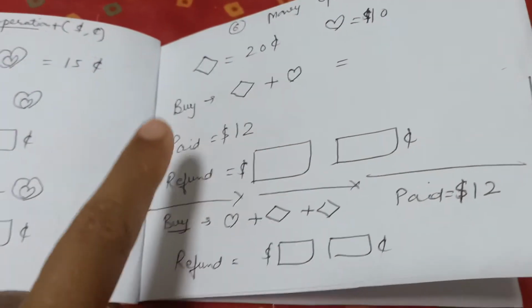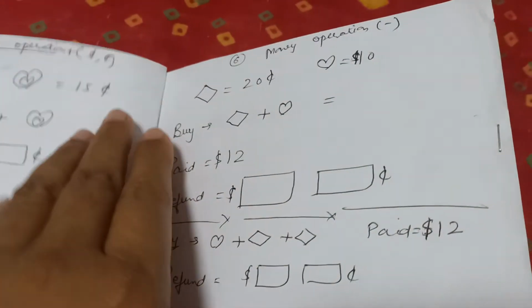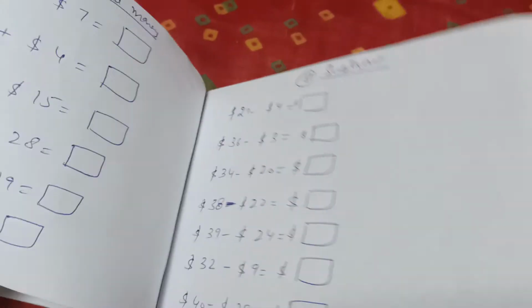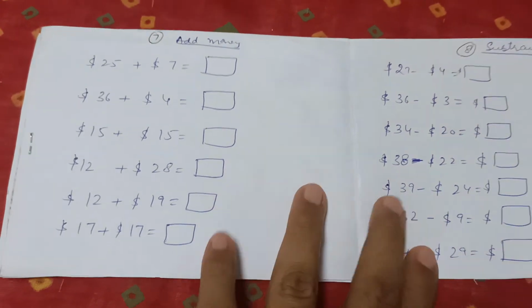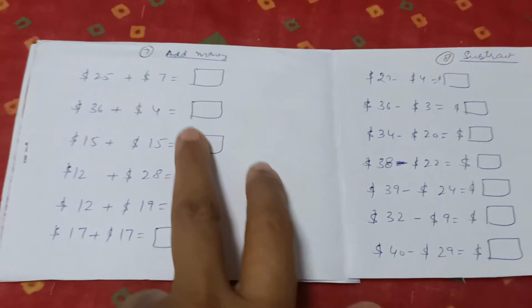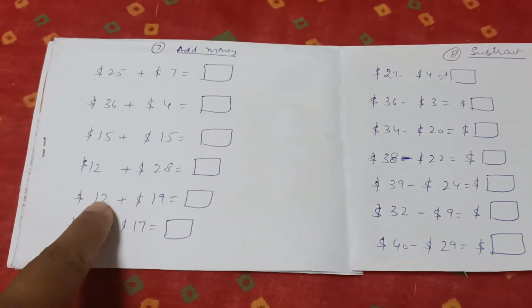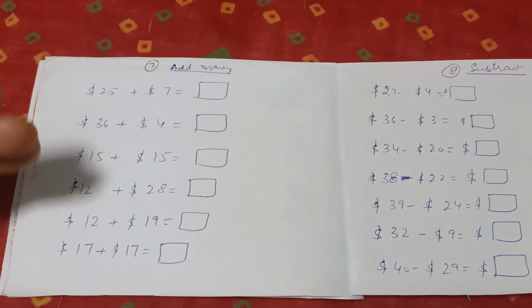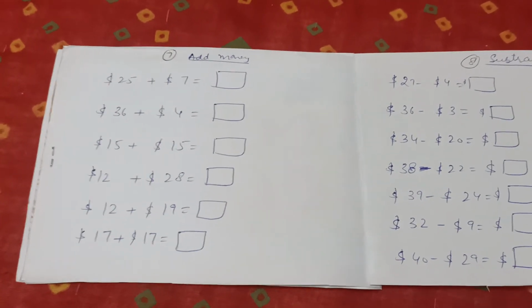I am doubtful she can do it, but again this book is to find out the loopholes, to know what the next busy book should cover, what she needs to practice. Here I have kept it simple. It's just plus and minus, addition of money of different denominations, like 17 plus 17, 34, 12 plus 19. So basically it is double digit addition in a way, but I have just added dollars